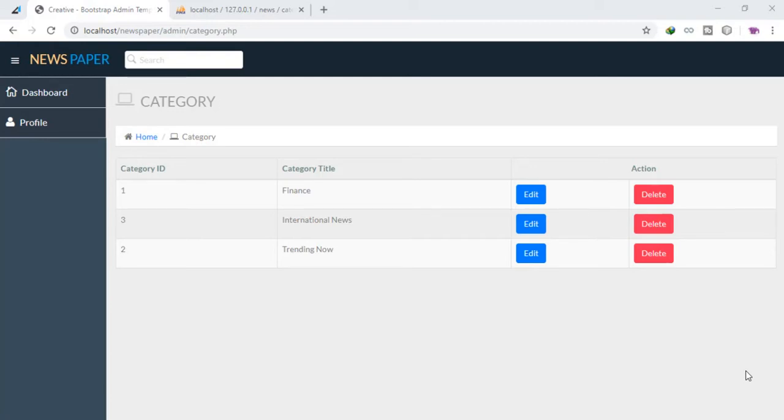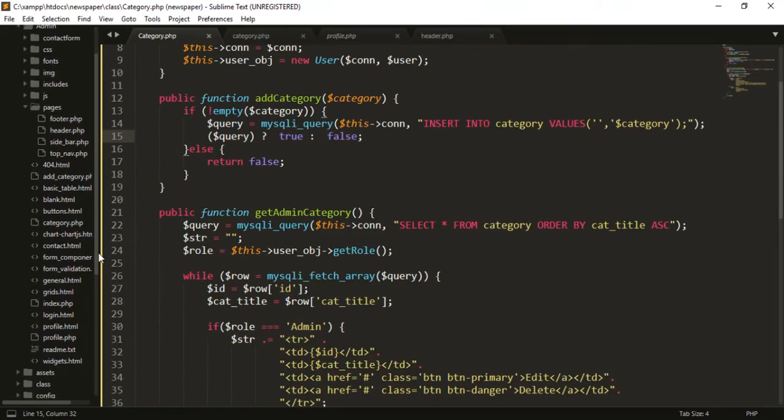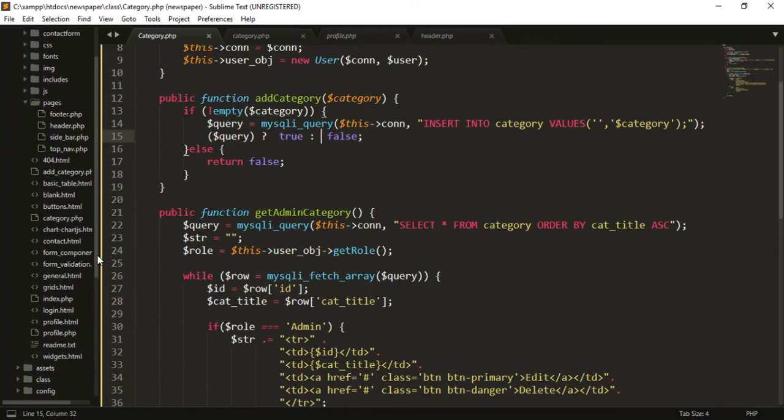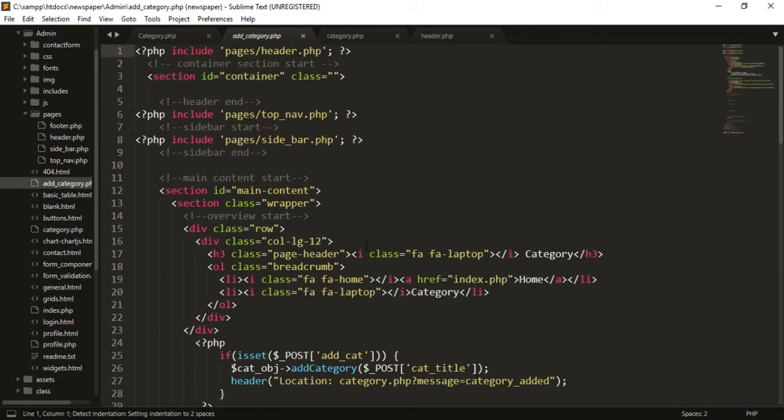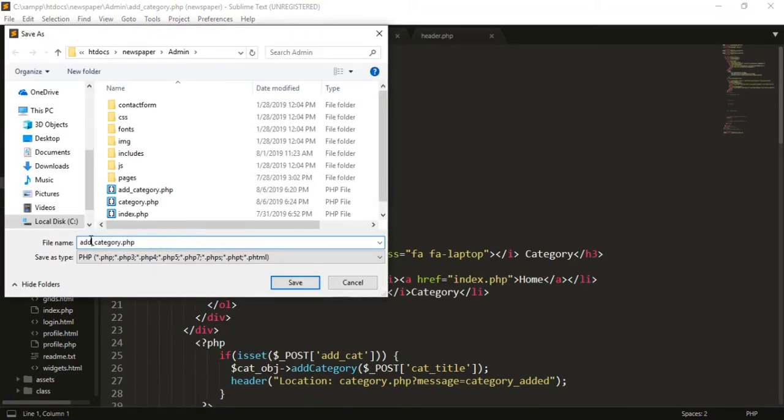Okay, so what we need to do right now is once we click on this edit, we need to go to a page called edit.php, and we're gonna edit it where the category ID is equal to the particular ID that is being selected. Okay, so let's work on that. So I'm gonna look for the page that we created, add_category.php. We're gonna create a new page from it. So I'm gonna say save as, and I'm gonna call it edit_category.php. Save,